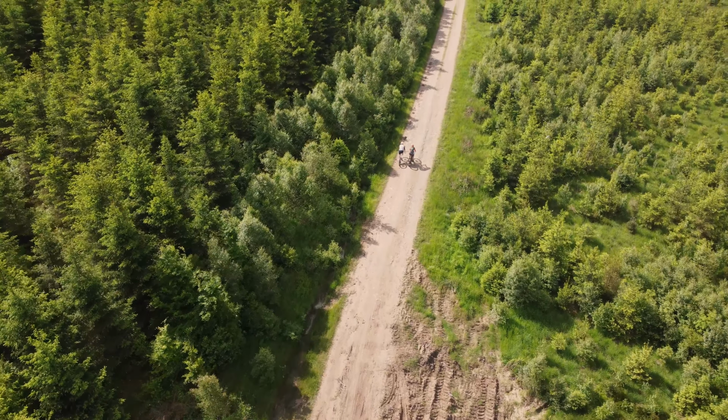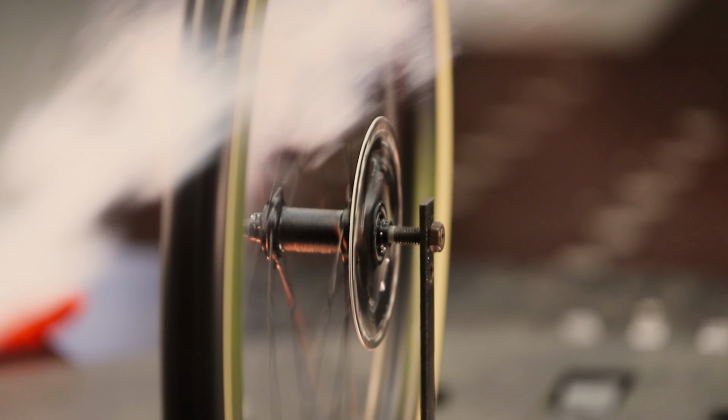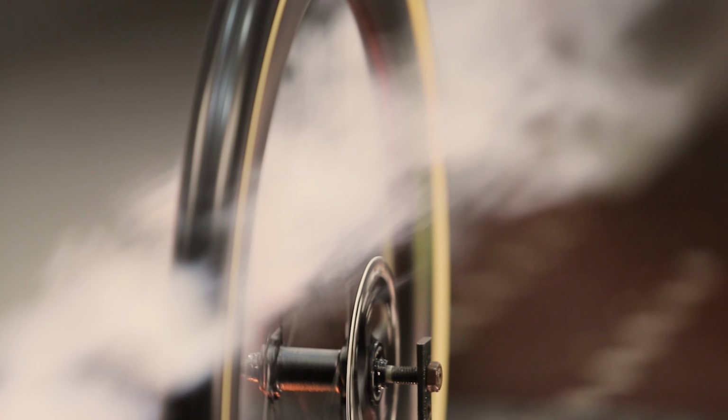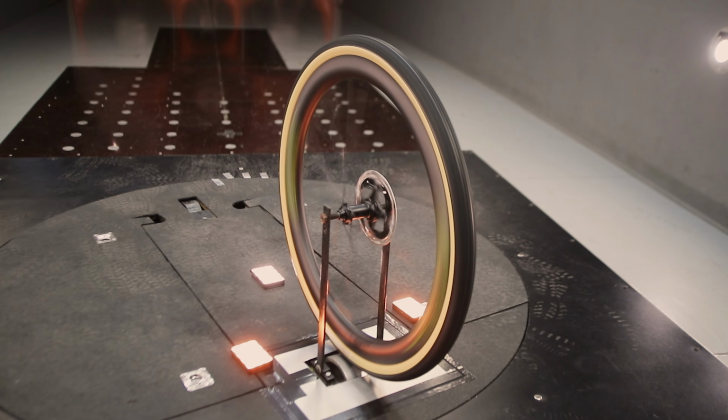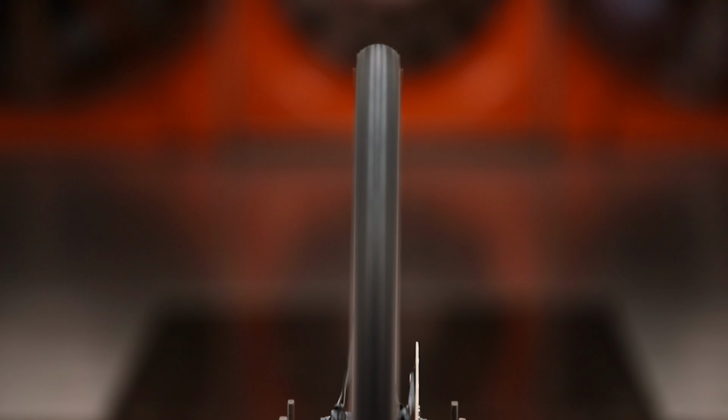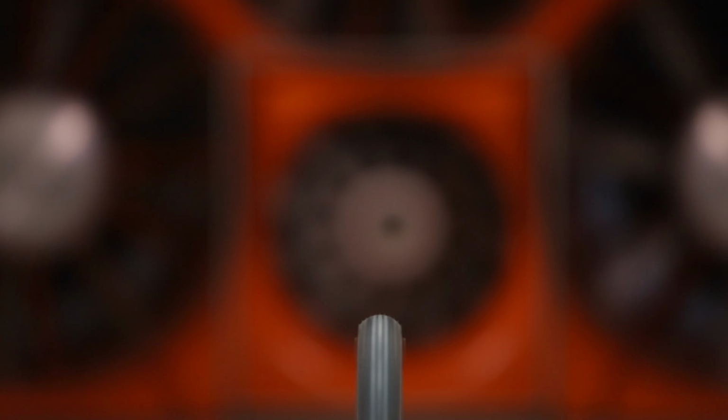In terms of the design process, we really had to go back to basics on this one. So going back to the NACA library of established aerodynamic profiles, we began looking at the ratio of thickness to depth on the ideal profile for something like this. What you see on that is that in order to deliver a rim depth that is going to optimize for something like a 40mm tyre, you're actually going to be going so much deeper than you would really be looking to run. So instead of looking at that sort of mid-depth wheel that is kind of ideal in terms of handling, performance and weight, you'd be looking at something far, far deeper, almost sort of a full disc level,